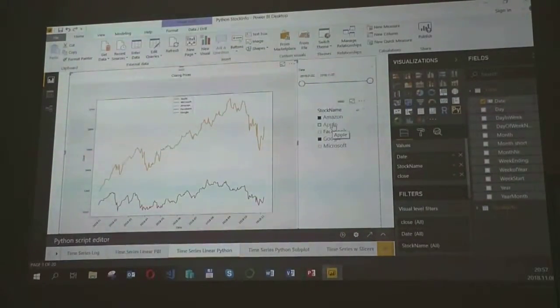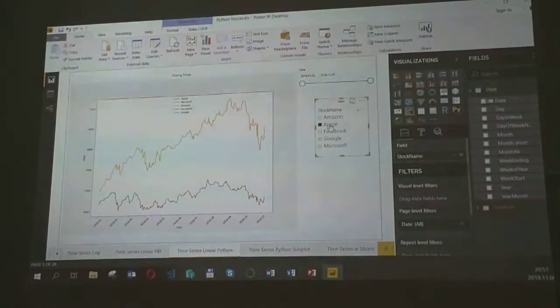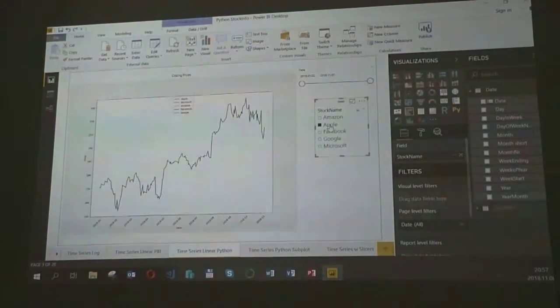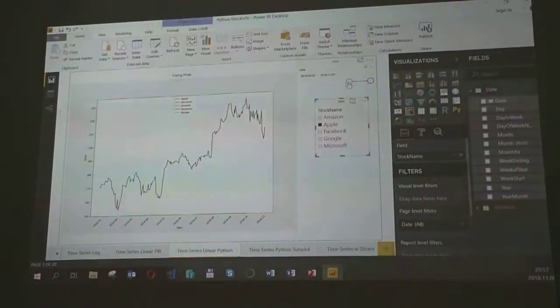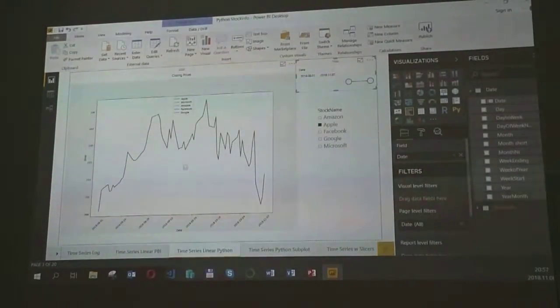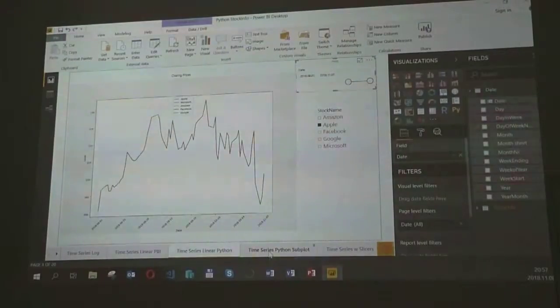And it is working with these slicers, so the bigger ones are Amazon and Google, but I can click on Apple, and it is going to show us that. Or I can just use this date slicer, and it is going to change as well. Yes, it starts with August now.